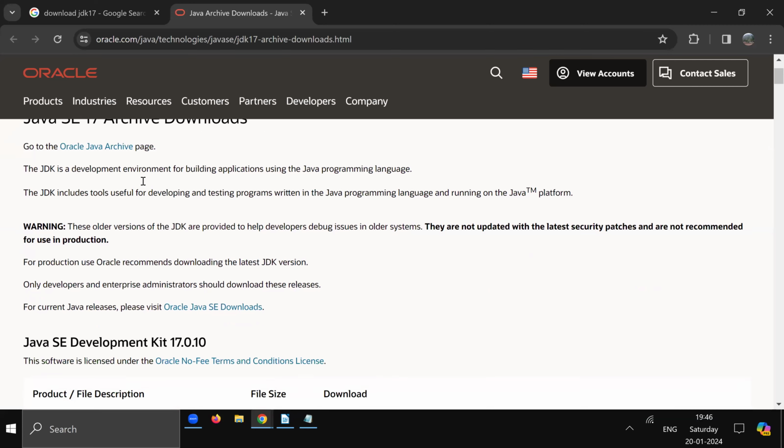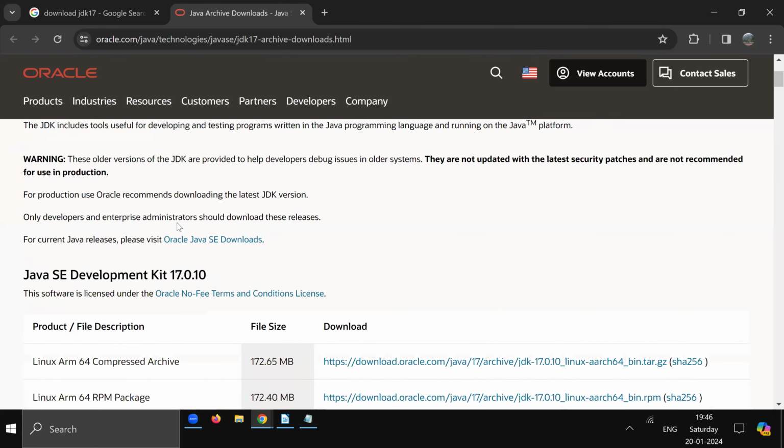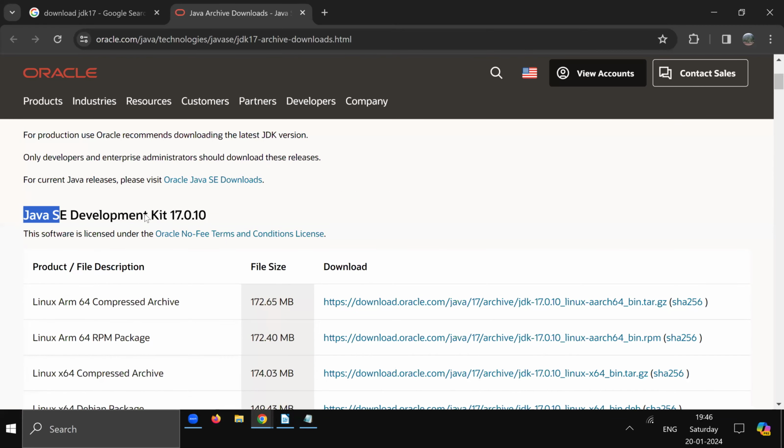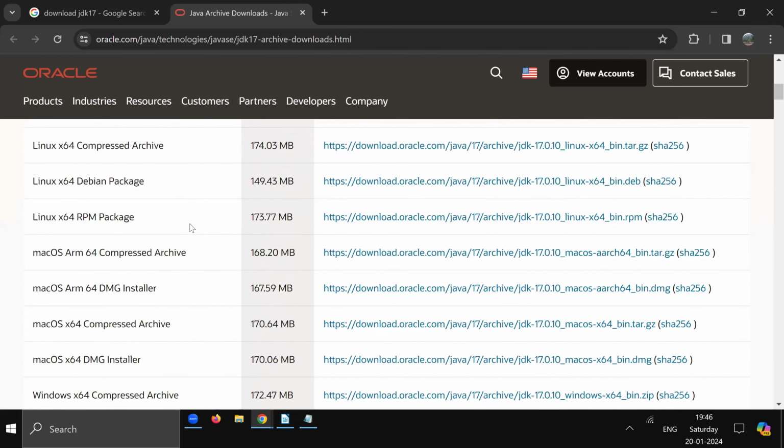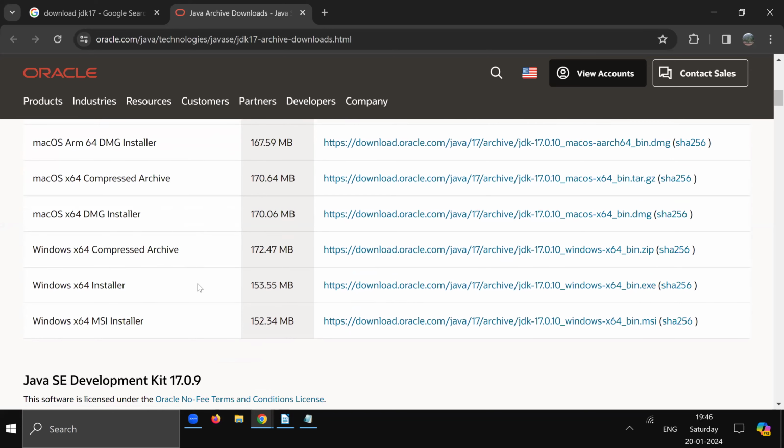In Java SE archive downloads, please download Java SE Development Kit 17 and click the link that belongs to Windows x64 installer. The size is around 153 MB. You click this link, and as you click this link,